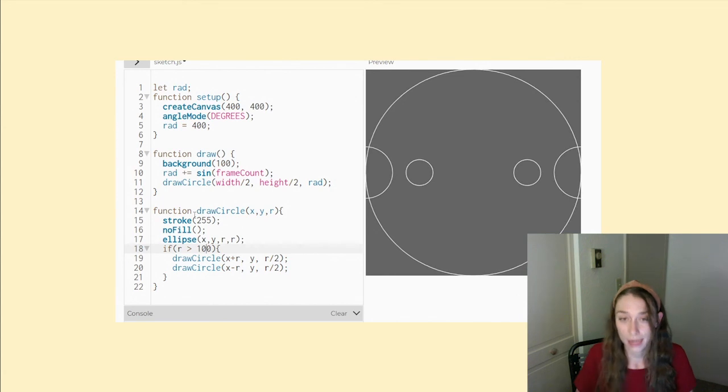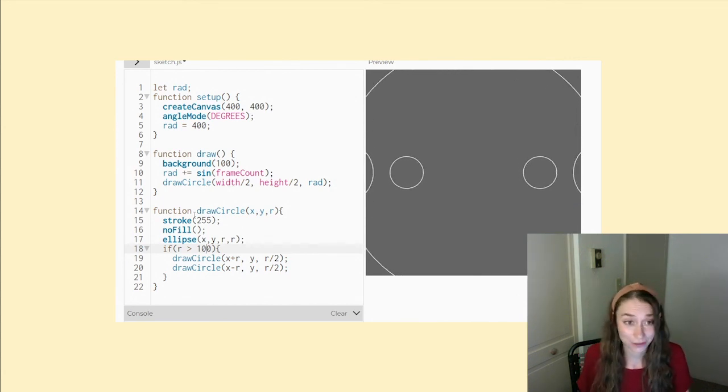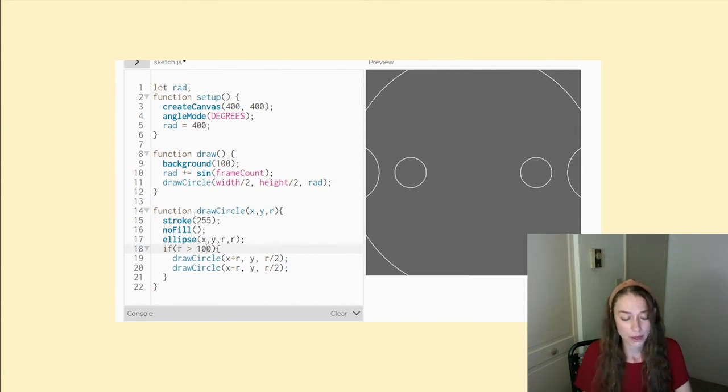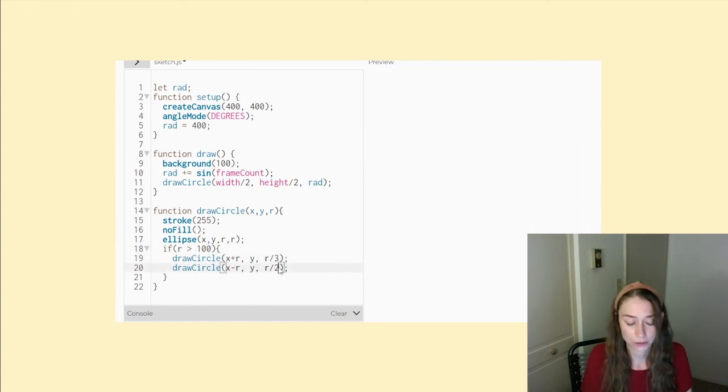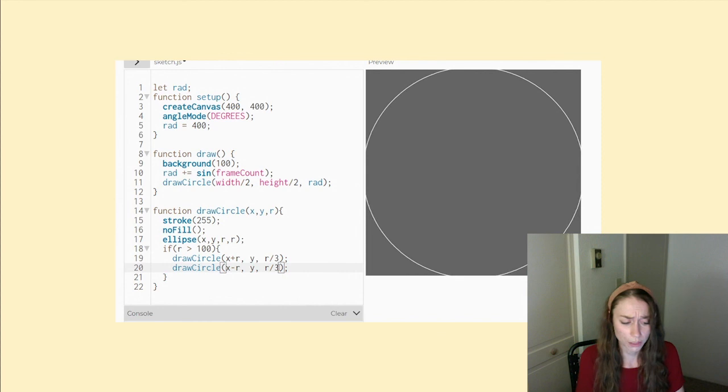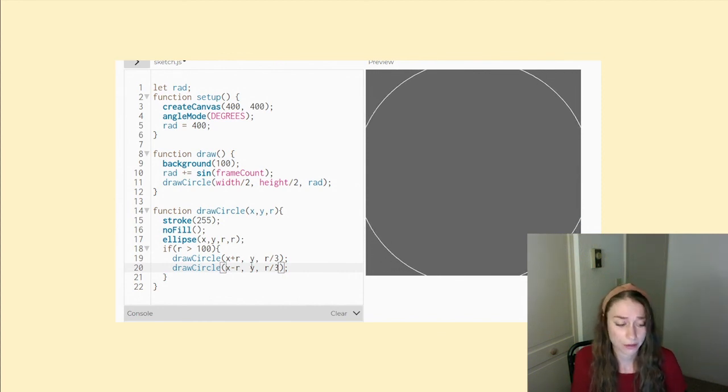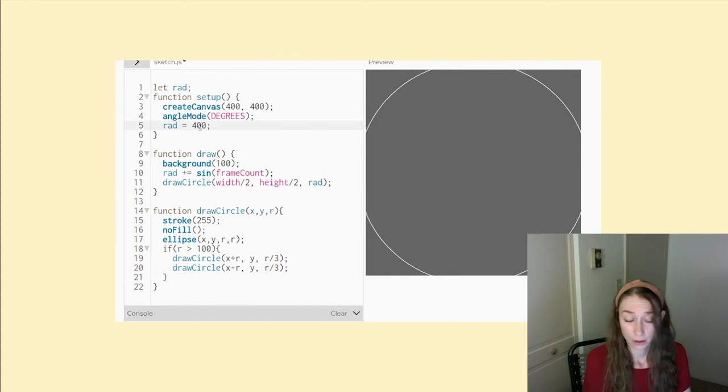So again, I'm at office hours. If you need anything from me, I'd love to help you with your code. But this is just a basic overview of the ways that you can start playing around and creating some really cool recursive and generative art pieces that I think are fun to play around with and super, super cool. So yeah,